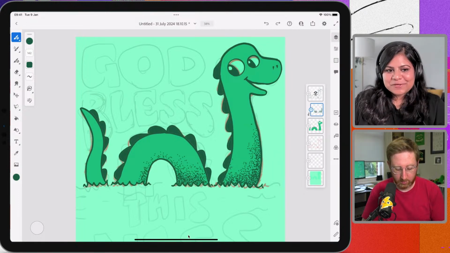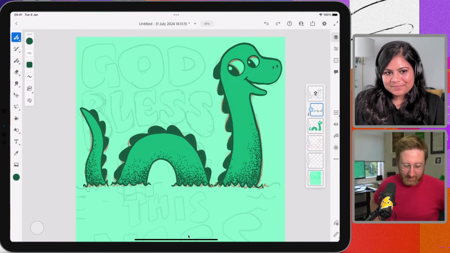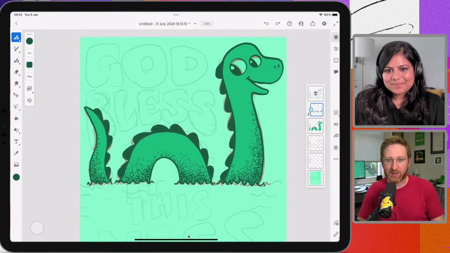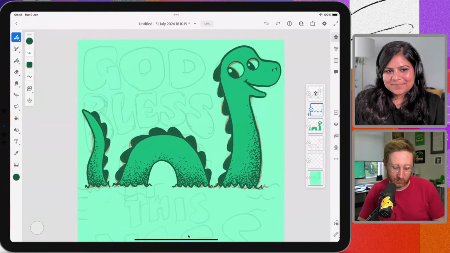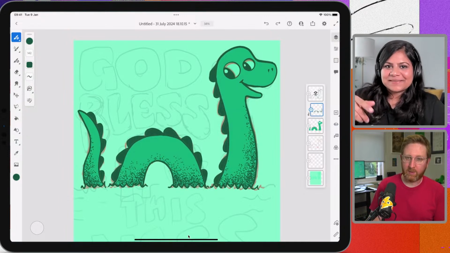Whenever I use a stipple brush, I always get stuck on it looking perfect. But I forget that it can never look perfect. It's one of my favorite brushes to use because it's so flexible and you don't have to be precise with it. That's another thing with vector stuff in general, you can't always just cut loose and draw freely like you can here. I think that's why, because I use stipple vector brushes in Illustrator.